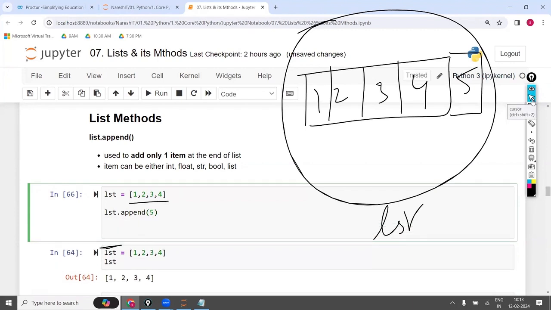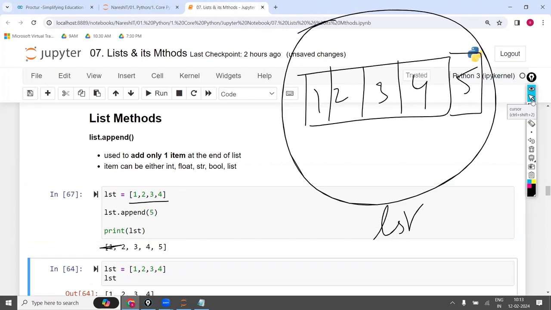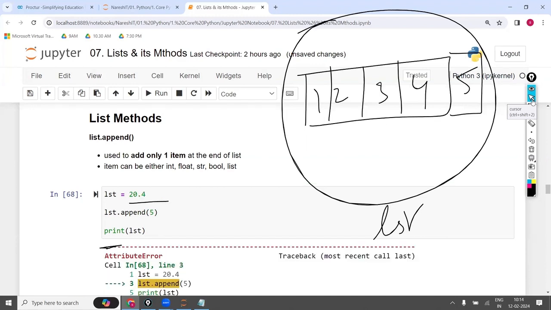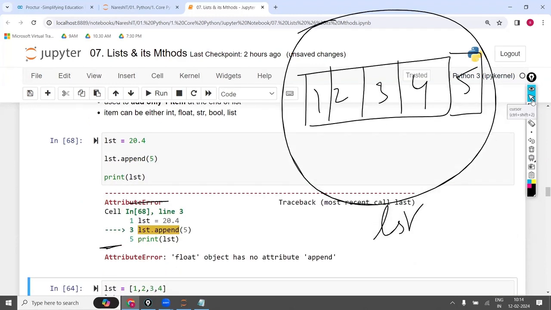If you print LST, the latest LST is 1, 2, 3, 4, 5. Is the point clear? Instead of a list, if you try anything else, like 20.4, it will throw an attribute error: float does not have the attribute append.